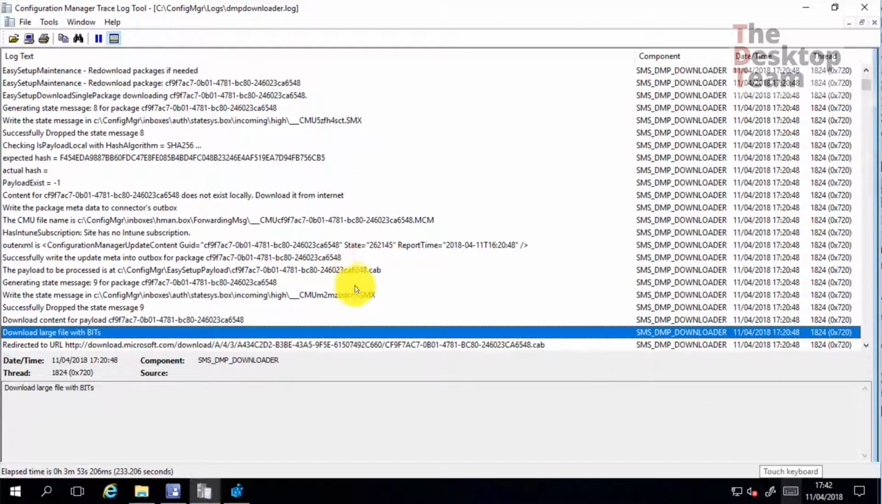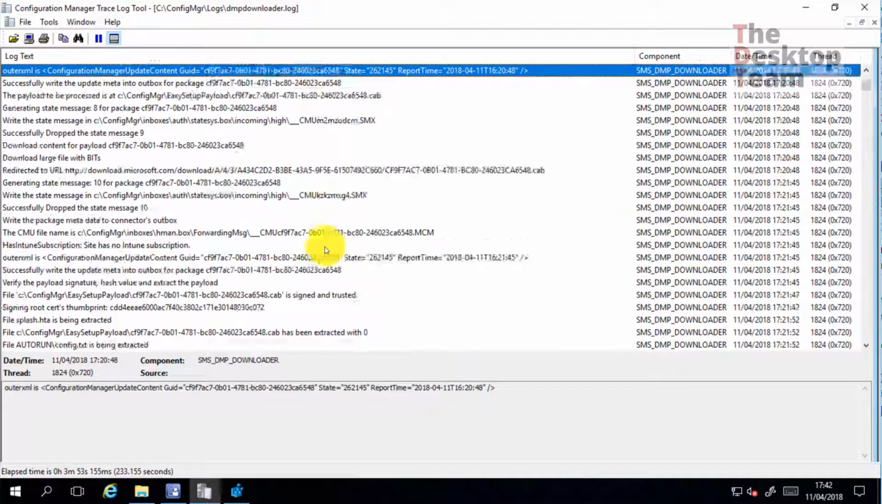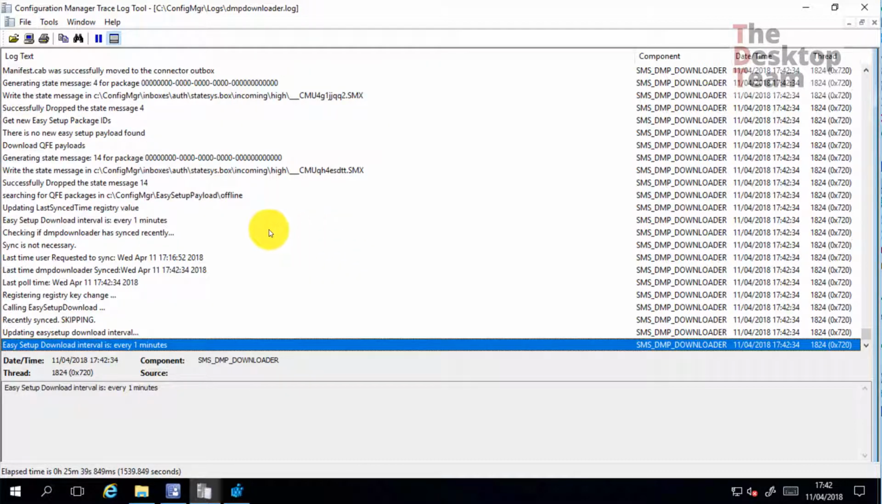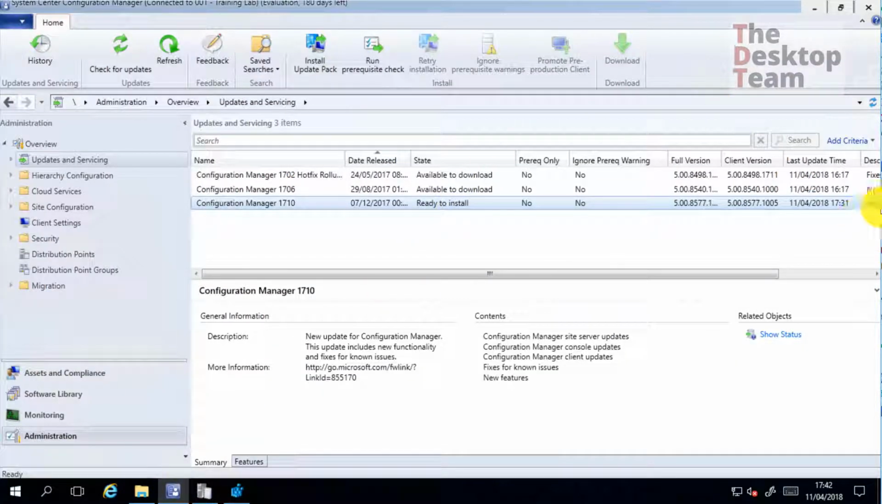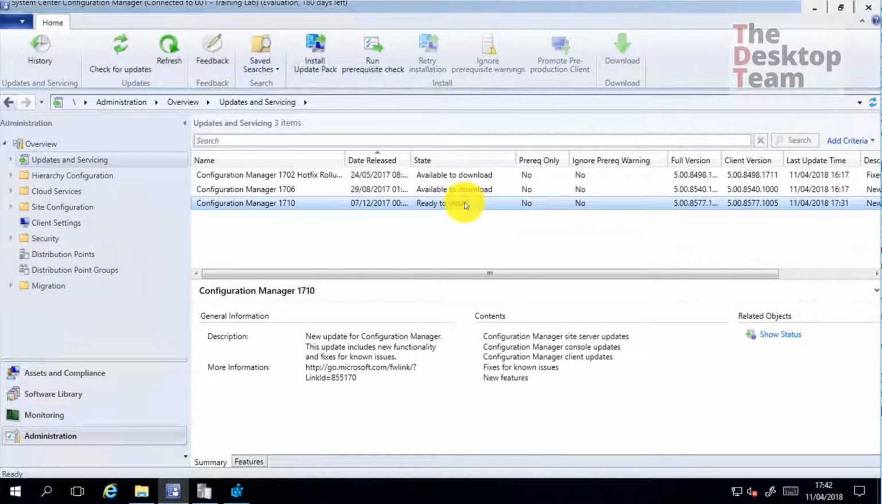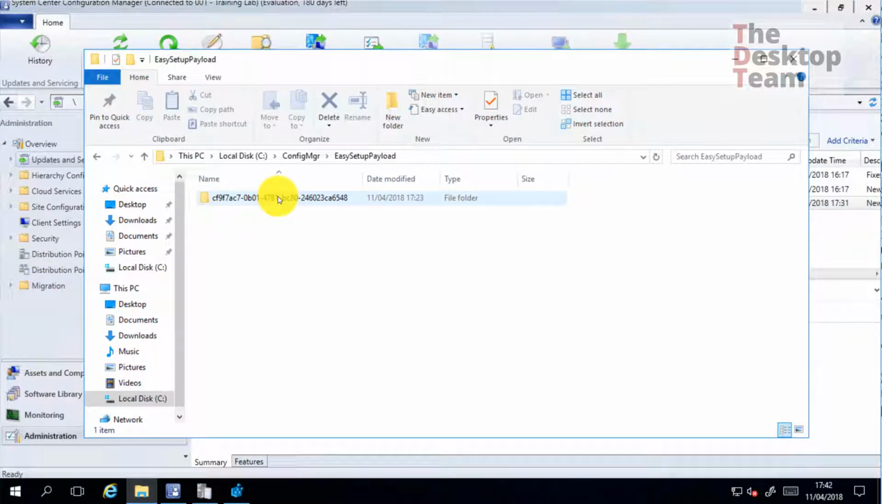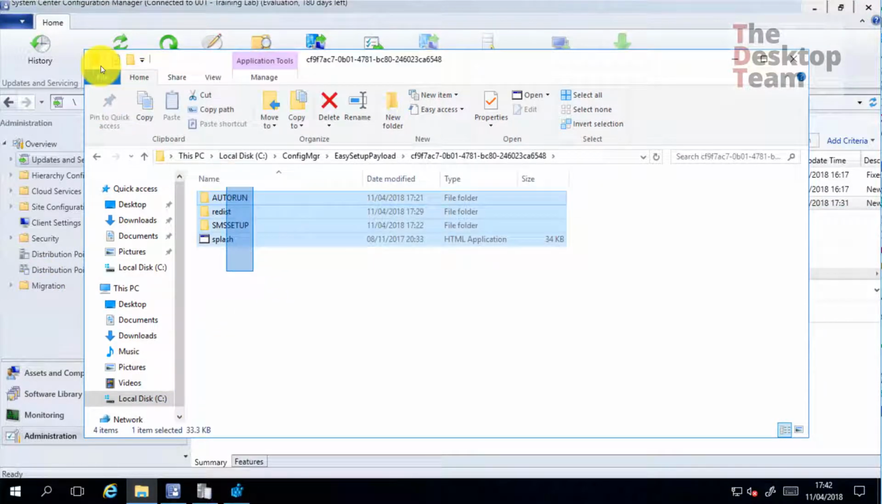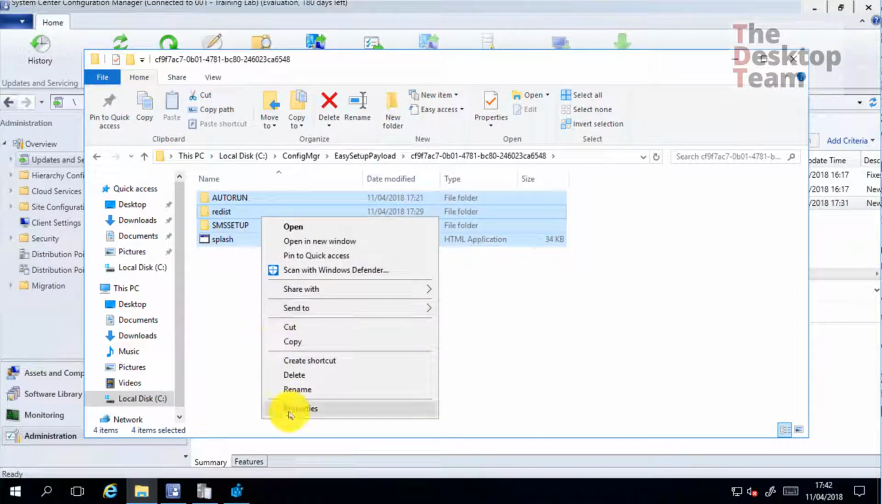Okay, so now the download has been completed. So you see here a lot of things happen. And here we can see I just refreshed. So I click on this button here, and we have here ready to install. And we see here on the easy setup,